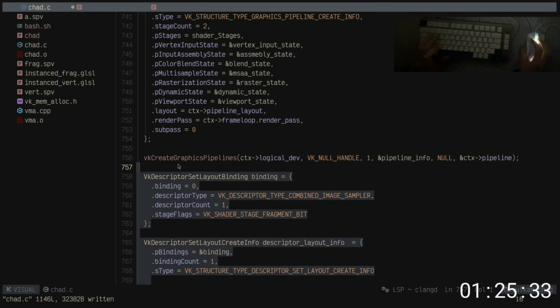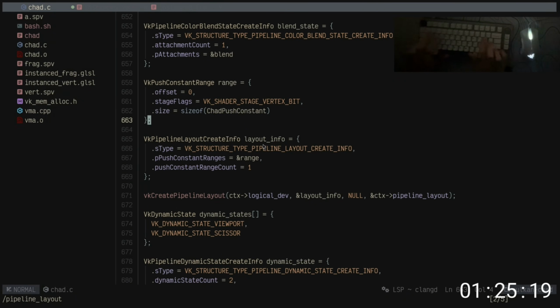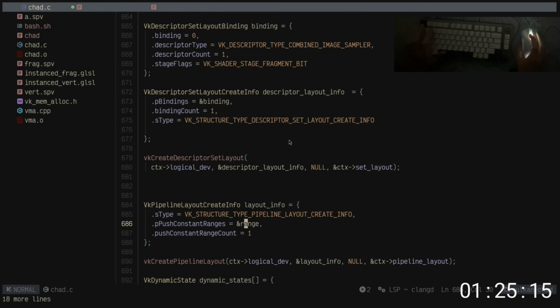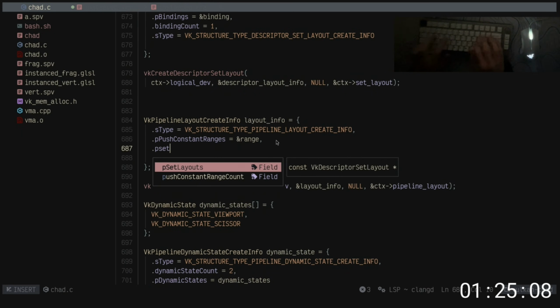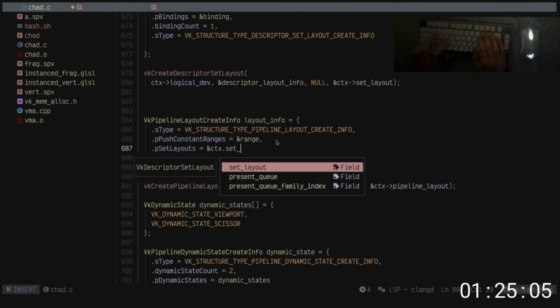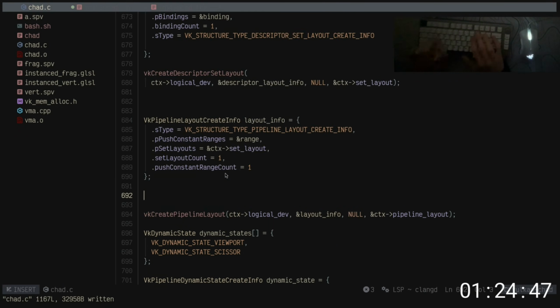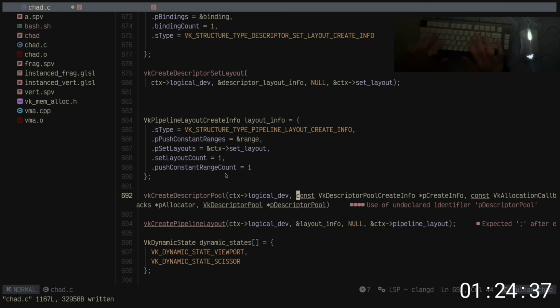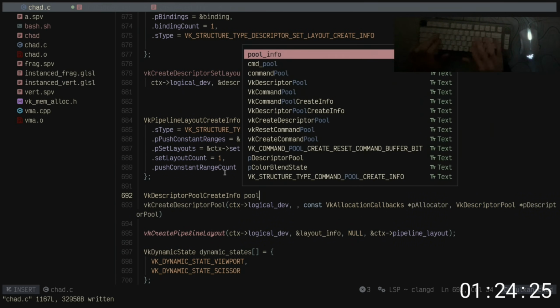Okay, we actually have to put that into, where do we create the pipeline layout? Here. So we put that in front of here, because the pipeline layout takes in the descriptor set. In the layout info we say pSetLayouts is equal to context.setLayout, and setLayoutCount 1. Okay, then we actually need the descriptor pool, which is basically the pool of textures. We can specify how many textures we want, stuff like that. So create descriptor pool, context logical device, create info will be